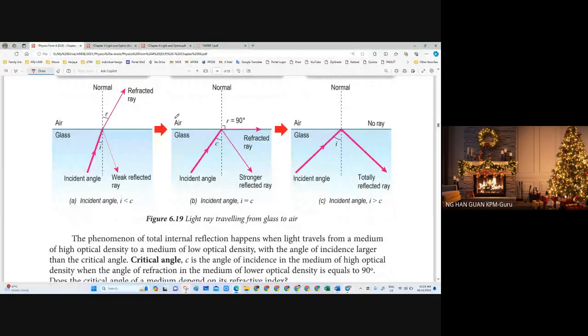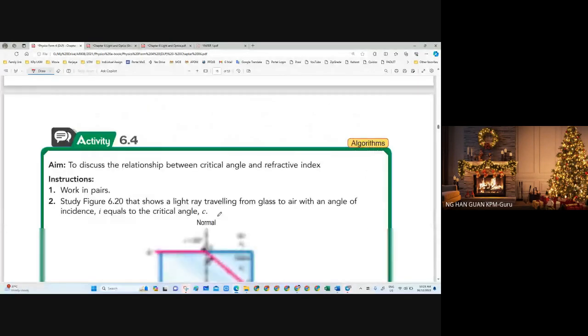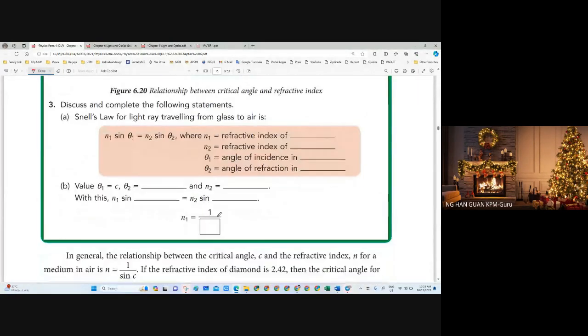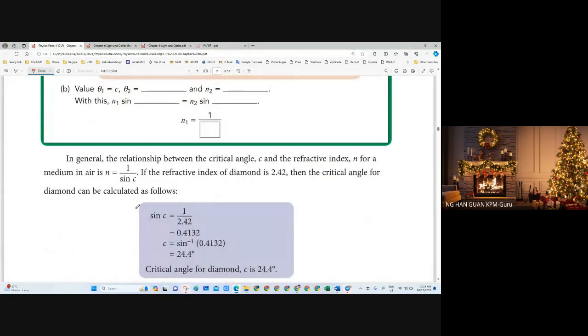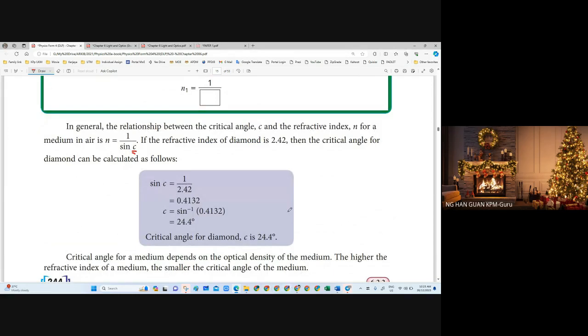That is once. In the textbook, it is also given exactly the same thing, so you can read through to make yourself understand more. Here is a substitution of formulas, how we express n equals sin 1 over sin C. Remember, this C is not the speed of light in the vacuum. This C is the critical angle. So now, according to this concept, I want to ask you,